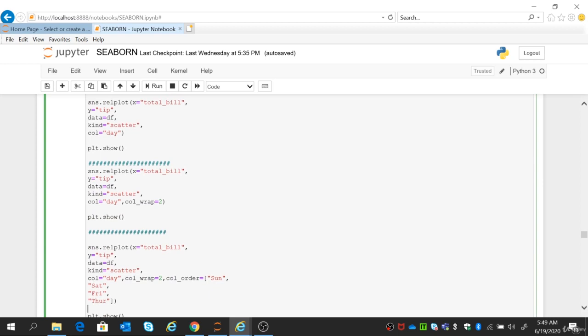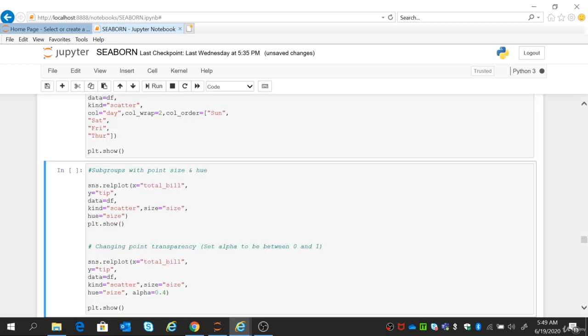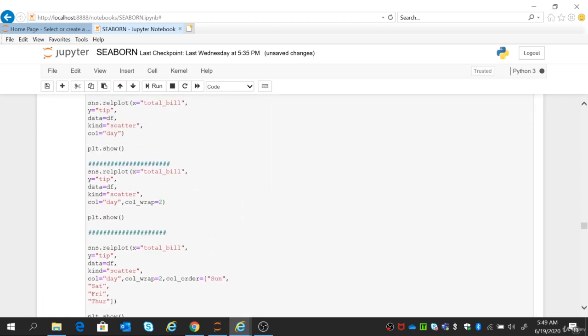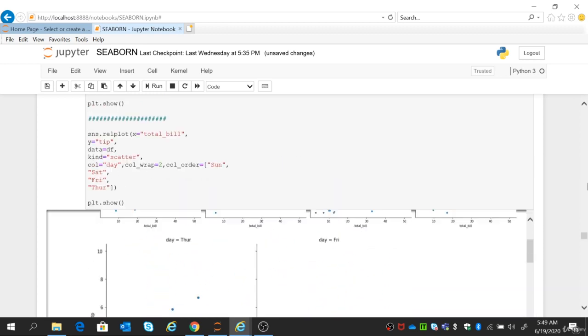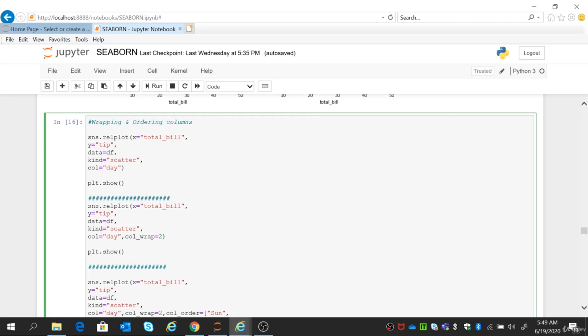Now I have used plt.show thrice here, so it will show me 3 plots together. Now let's check. The first scenario was when I mentioned only that I want to filter by day